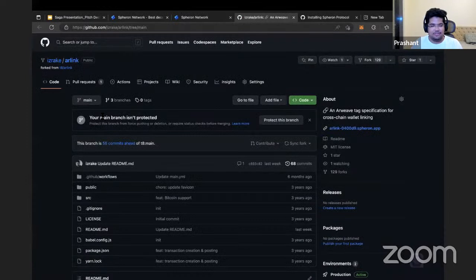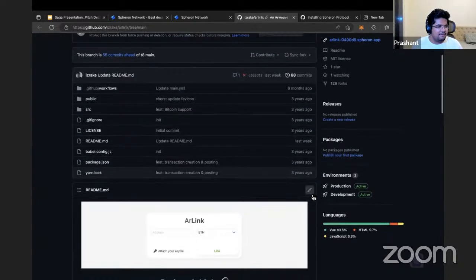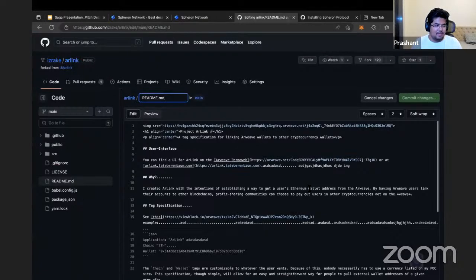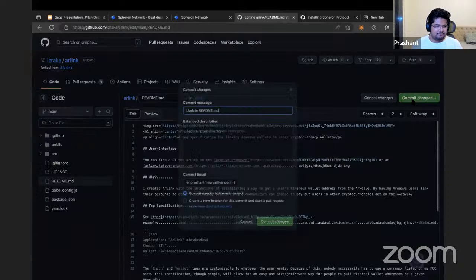If I go to this repository, there are tons of features which you are going to start seeing here. If you see, there is a symbol of build which is going on here from the Spheron side. That basically means GitHub also knows we have used Spheron for deployment. Now, let's say I want to make a commit from here, and I'm literally not going to deploy anything. I'm just going to make a commit from here,